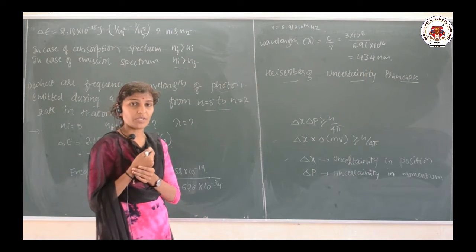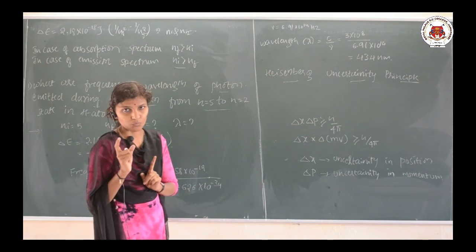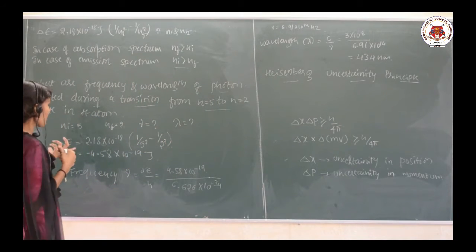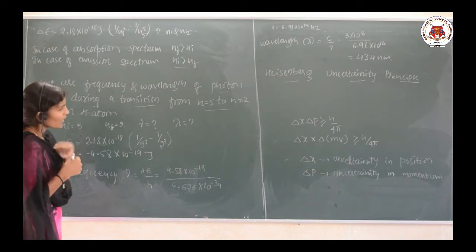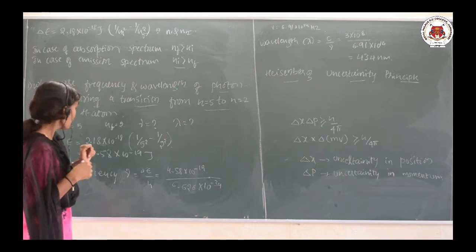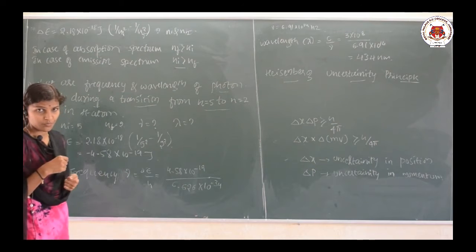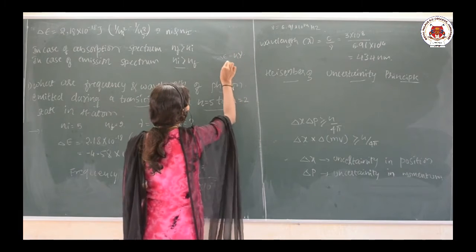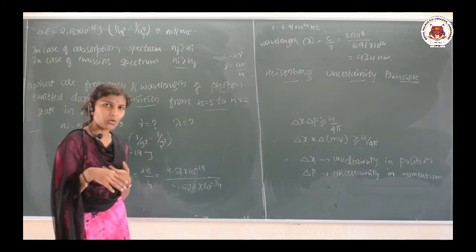So when that photon is emitted, a transition occurs from n is equals to 5 to n is equals to 2. And as it is an emission spectrum, from 5 to 2, you take Ni value as 5, Nf value as 2. You need to calculate frequency and the wavelength. Frequency, directly we know the formula that frequency is equals to E by H, because we know that delta E is equals to H nu, yes or no? I need to calculate nu means delta E by H only, but delta E I do not know, so I need to calculate it.